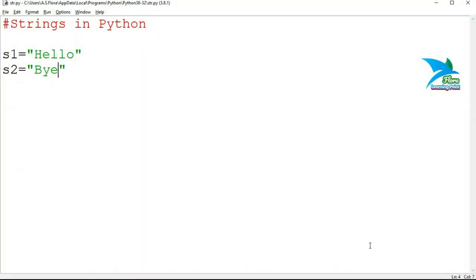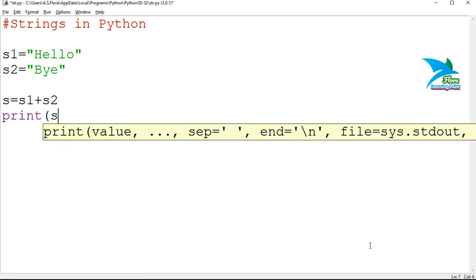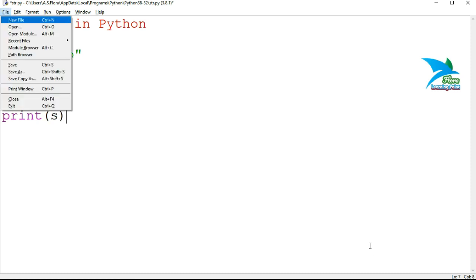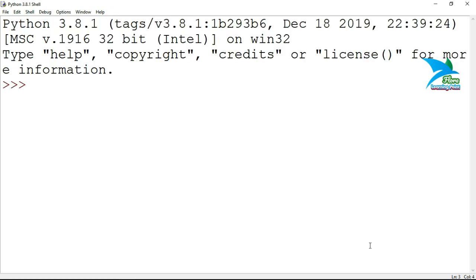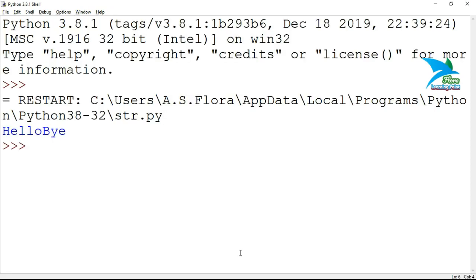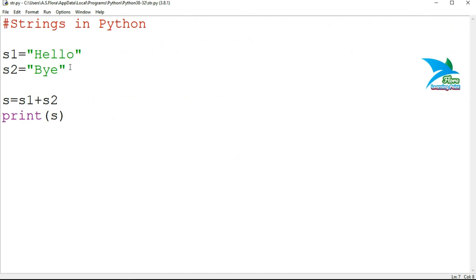So let's demonstrate how to concatenate two different strings. I have two strings s1 and s2. I want to concatenate these two strings. I'll assign s is equal to s1 plus s2, and when you print s, the result will be, as we already discussed in the previous slide, hello and bye.